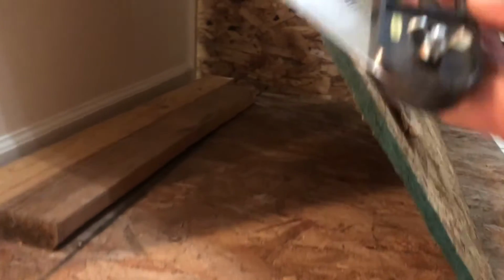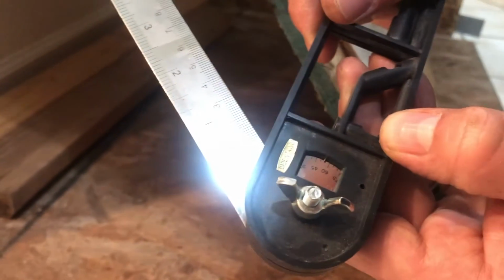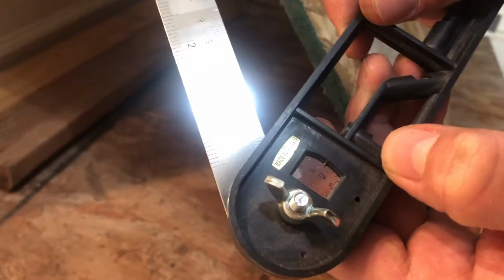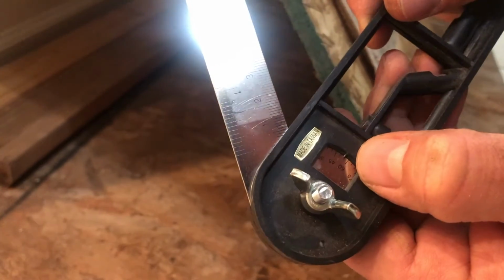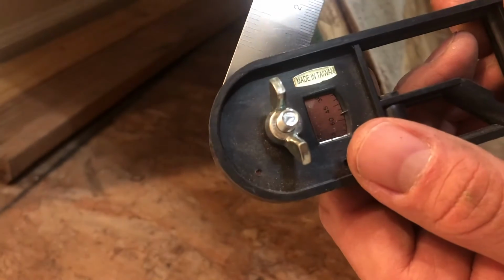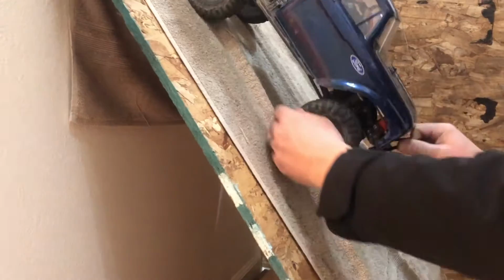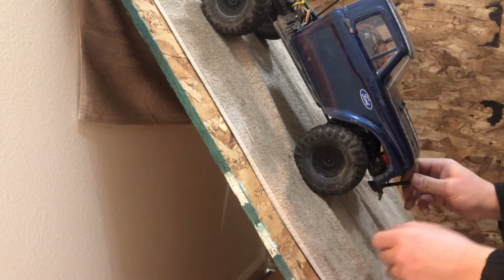All right, we are at, actually, it's probably just a degree or a fraction of a degree. It's just above the 55 mark. Not sure if you can see. So there isn't much difference. So that being said, the red one is about 55. Well, I'm gonna place this one up here, and I'm just gonna pull on the board